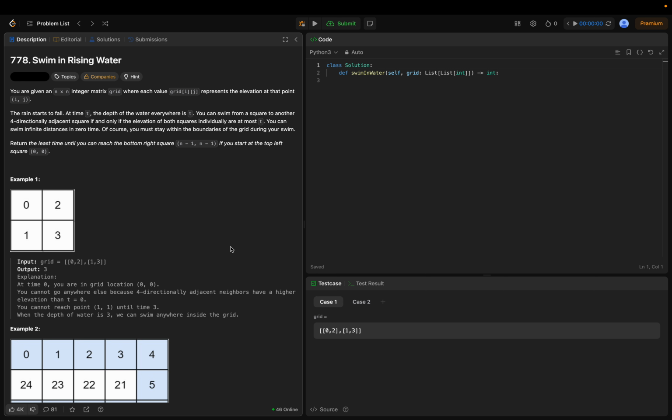Okay, you're given an n by n integer matrix grid. Oh wait. Alright, grid where each value, grid ij, represents the elevation at that point. Okay, the rain starts to fall. At time t, the depth of the water everywhere is t. Okay, you can swim from a square to another four directionally adjacent square. So, like that, right? If and only if the elevation of both squares individually